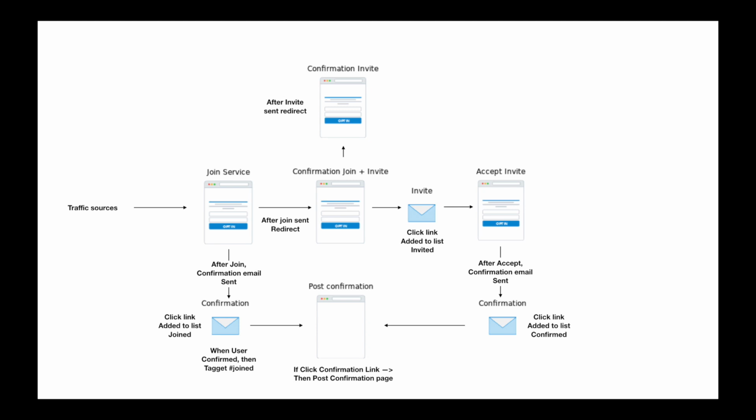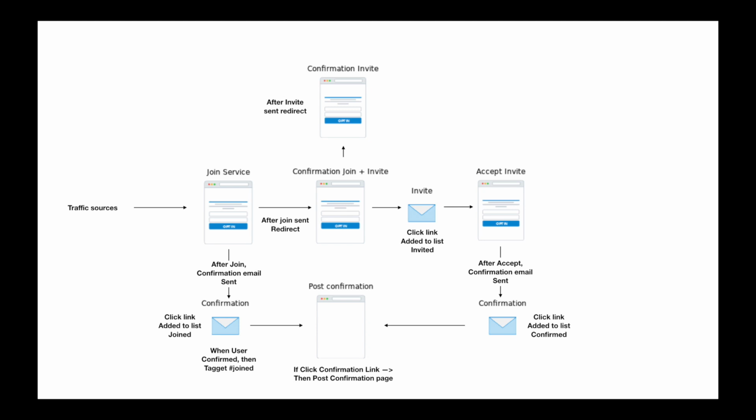The invite then goes via email to someone, and if they choose to click the link, they go to a landing page to accept the invite. There they are asked to fill in their email address once more, and this is for legislation purposes. We need to have a clear opt-in, otherwise that will not work with either MailChimp or